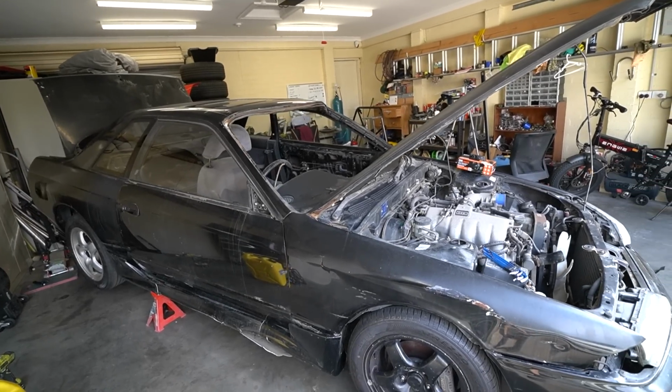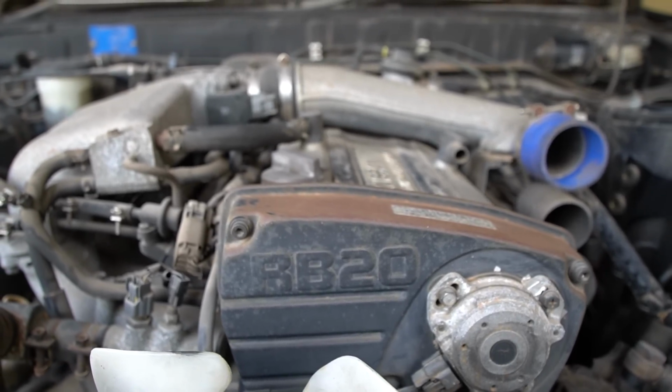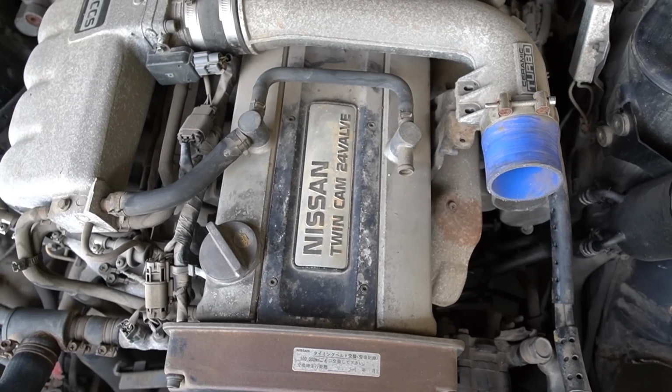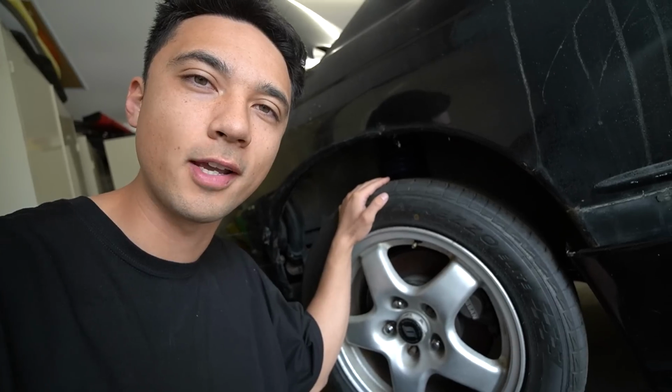The tank was sealed, it now had 15 liters of petrol in it, and all we needed to do now was replace the fluids in the car before we turned the key for the very first time. Before we get started as well, I just want to show you something that I discovered, which isn't really much of a surprise, but it is not going to be ideal trying to get this thing roadworthy as we do have a locked differential. So if you see me spinning this wheel, the other one also moves at the exact same time, which confirms that this car was a drift car and it was drifted,